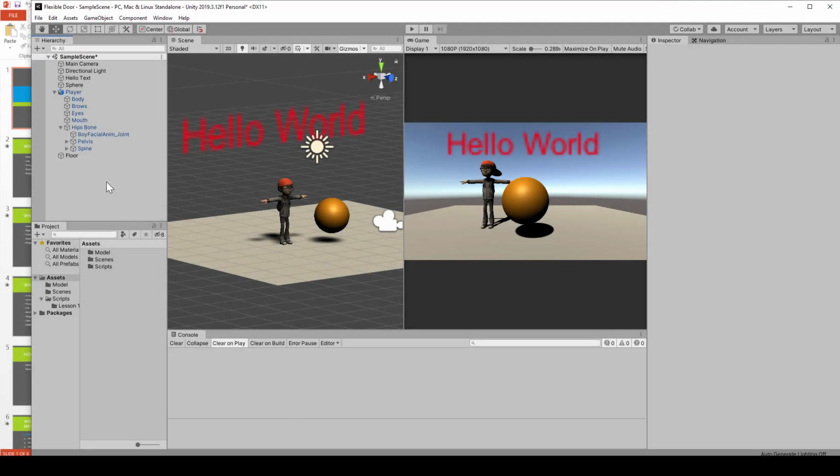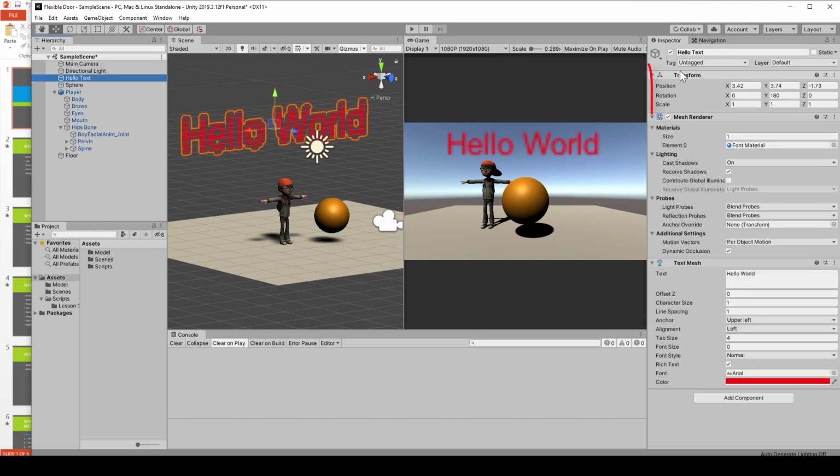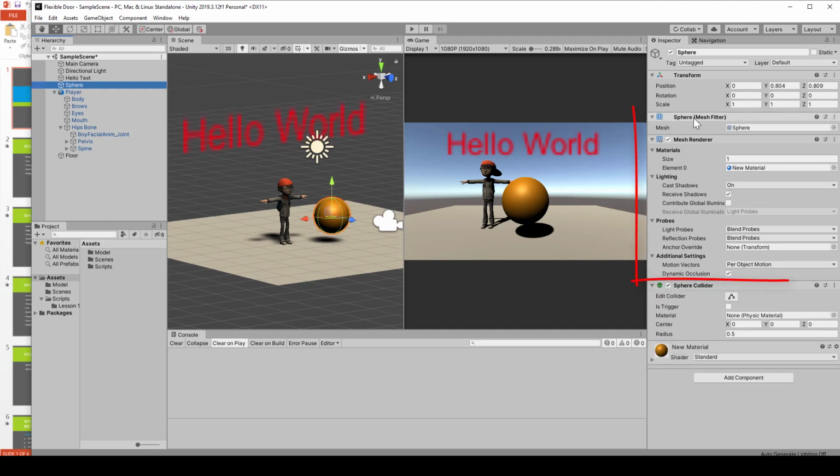In Unity, each item we are using in our scene, we call it a game object. For each game object, if we check the inspector, you will find it has a transform component. This is the minimum requirement from Unity for each game object. Now, if we look at the game mode, each visible item in the game mode, you will find has another component related to mesh. So let's see, for example, the sphere, you will find there is a mesh filter component handling the sphere mesh